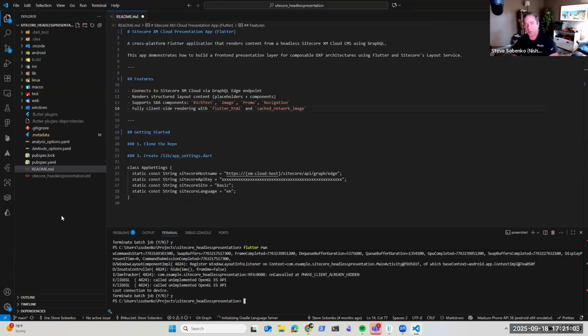So this is what our project looks like. If we just initialize a Flutter app via the command line, it's going to give us a nice structure to our code. Right off the bat, we see our different devices that we're supporting. We see Android, we see iOS, we see a lib folder. We'll get back to that. We see Linux, we see Mac OS, we see web, and we see Windows.